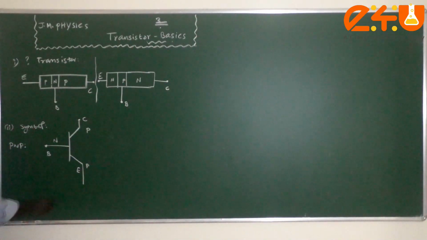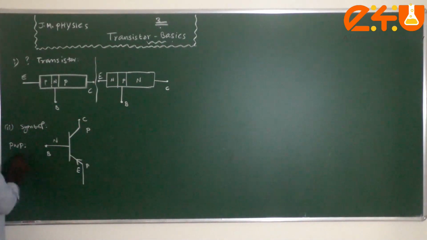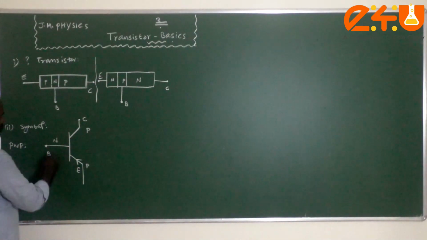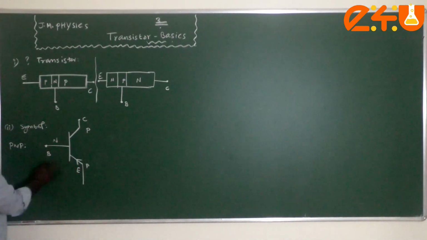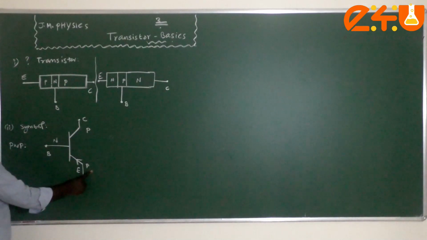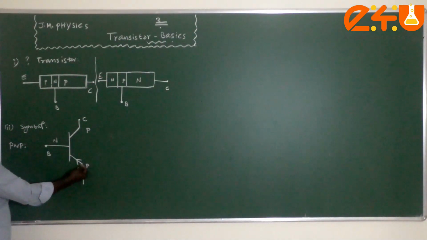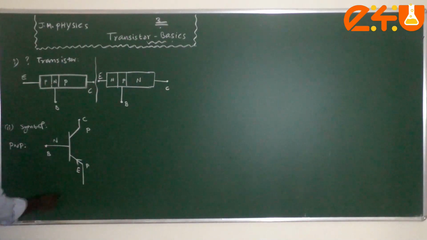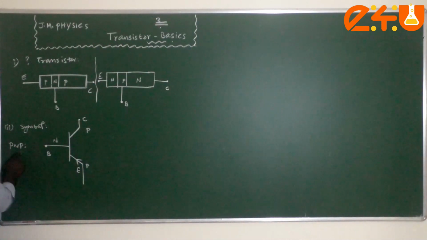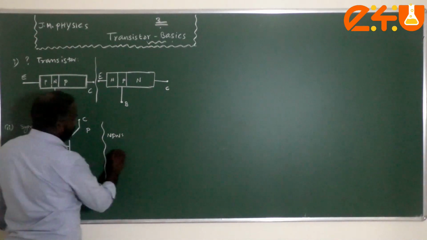Now please see that the current through the emitter terminal is inward. The easy memory trick is that you keep the positive things into the brain. The positive thing is P type, and into the brain is the base. So in a PNP transistor the arrow points inward, as the current. This arrow represents the direction of the emitter current, which we will discuss in successive topics. So this is the electronic symbol for a PNP transistor, and similarly for NPN.